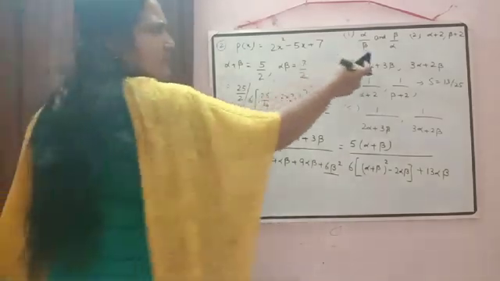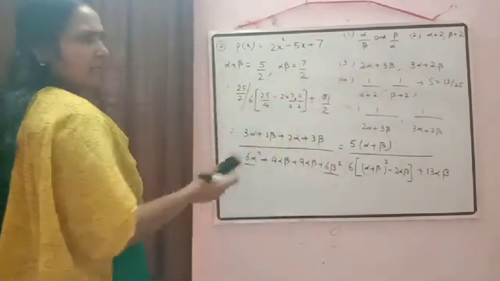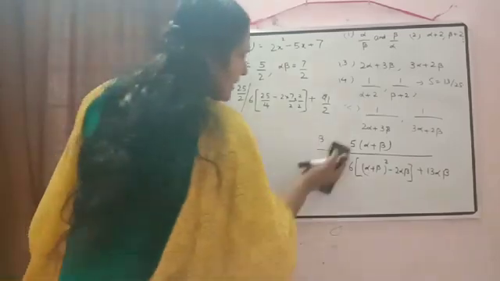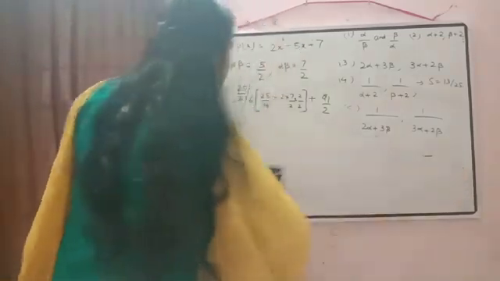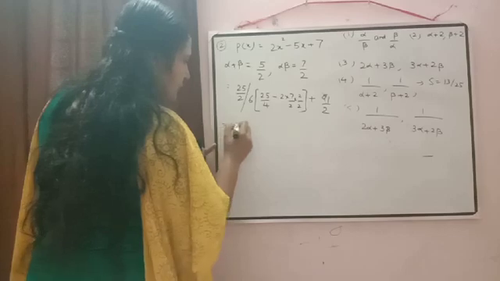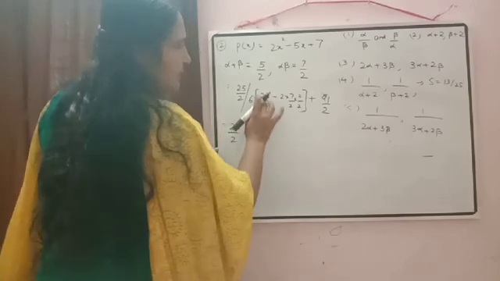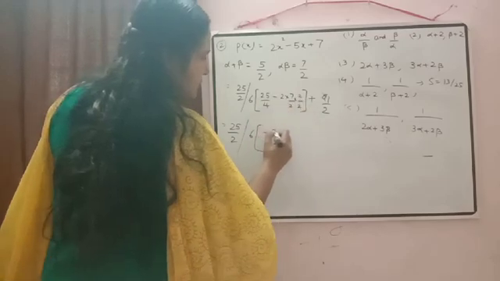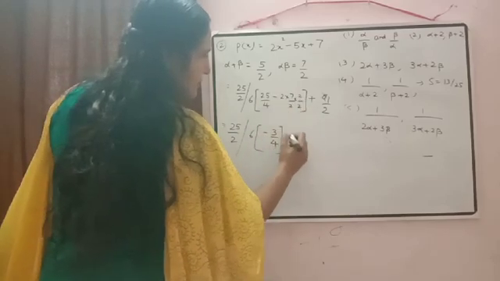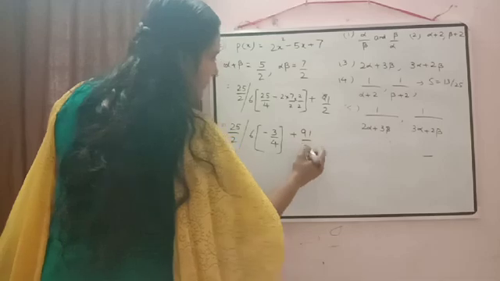This one we did in this question also. That's why I am not explaining it in a deep way there. You can do it by yourself. Okay. Now we can check what will come. 25 by 2 divided by 6 into 25 minus 28. So we will get here minus 3 by 4 plus 91 by 2.